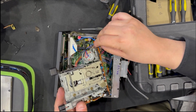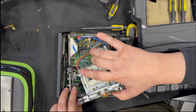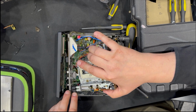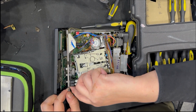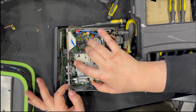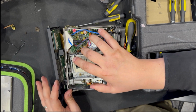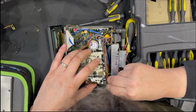Get that now, and we need to go, so I'll try going like so, out, through, wriggle it slightly. Should be able, if I get that one out like that, there you go, and then you can come in like so. And then you need to pay attention to your wiring over here because you don't want to snag